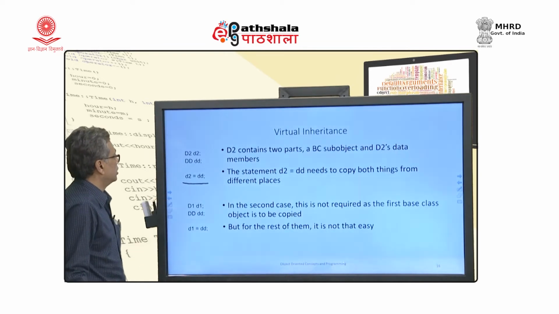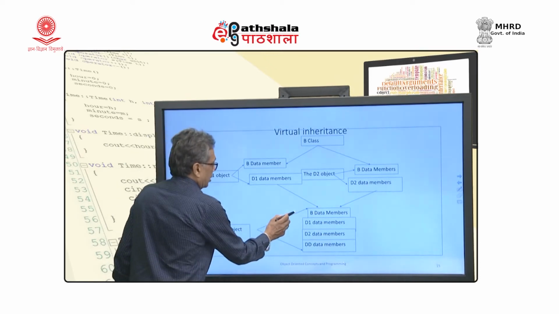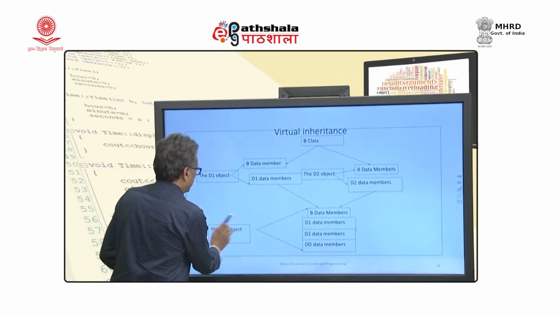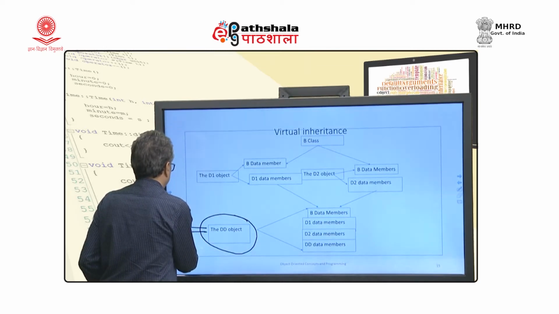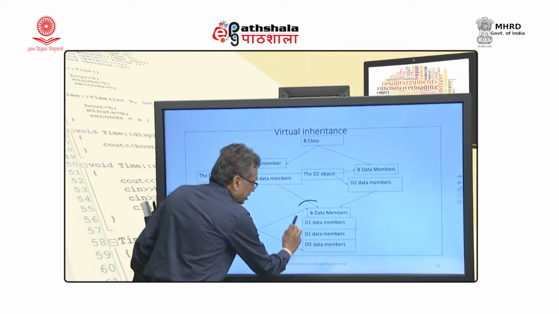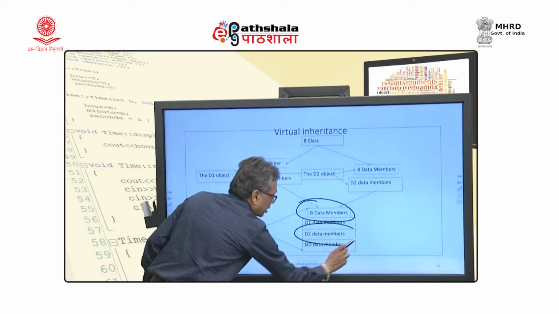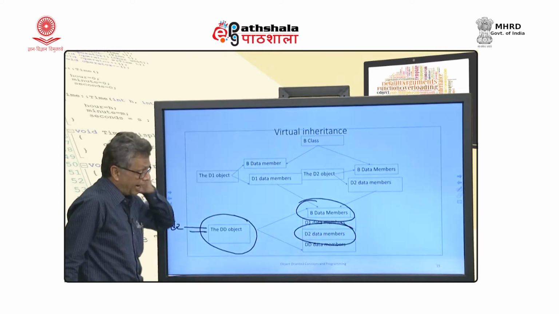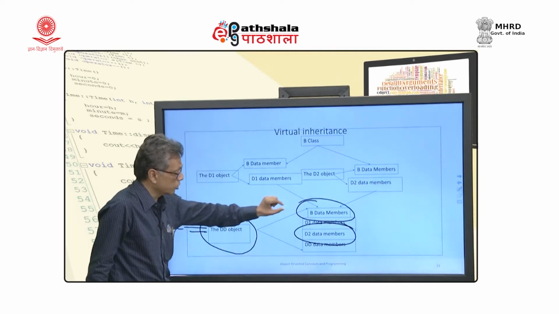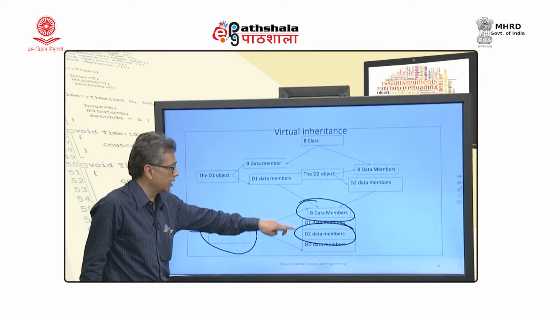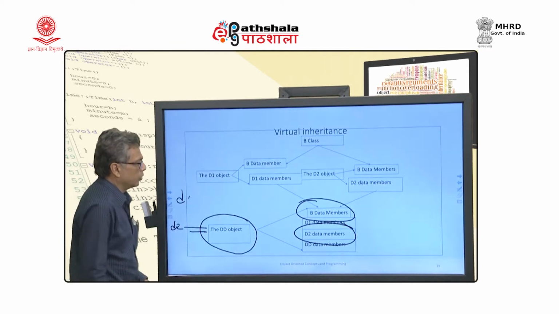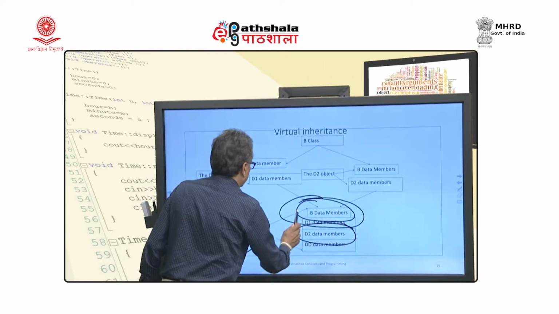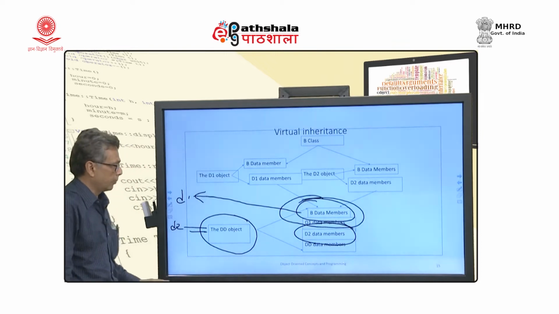What you need to do is, if this is the DD object and I want to assign this thing to a D2 object, you will have to take this part first and then this part. That actually is to be done physically, so the compiler will have to intervene and do it. When I do it with D1, I do not need to, because the compiler will just strip off this part and assign, which is simple, that is not a problem.